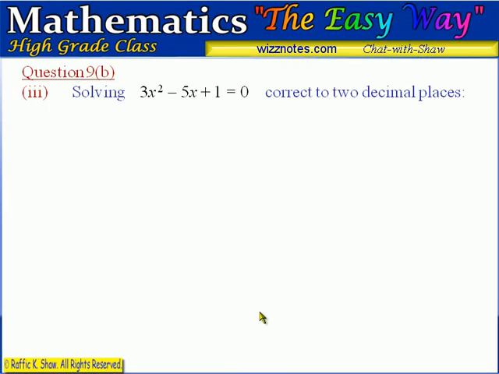Let's move down now to part 3. Part 3 wants us to solve this quadratic equation, giving our answer correct to 2 decimal places. Now this quadratic expression is the same quadratic expression from the function, and so we could use a vertex form for this expression to solve this equation, right? And seeing that we are told to give our answer correct to 2 decimal places, that's an indication that this quadratic equation cannot be solved by the method of factorization, meaning this quadratic expression cannot be factorized in the normal way. And so the popular method to solving quadratic equations of this form is to use the quadratic formula,